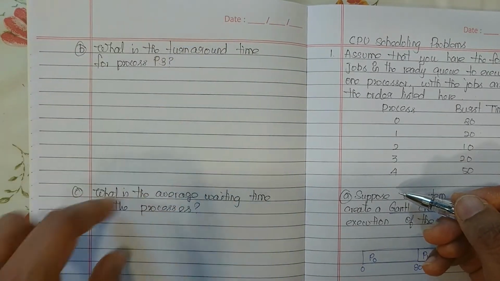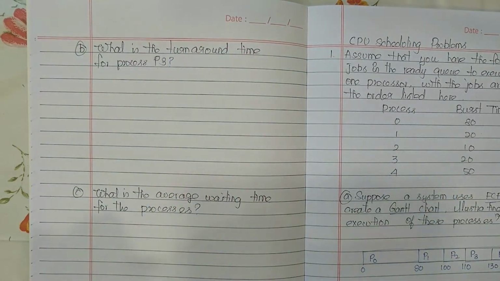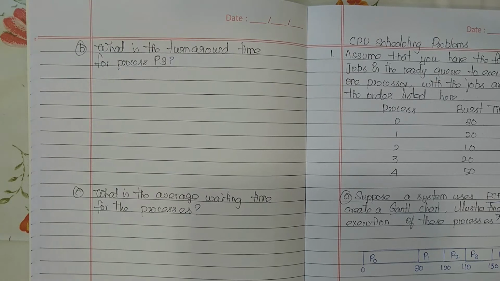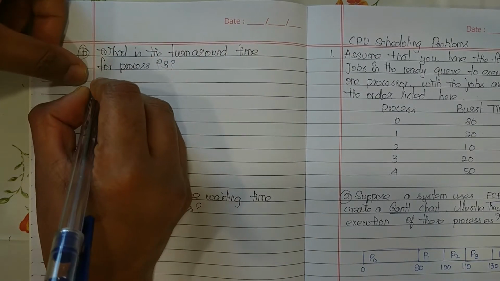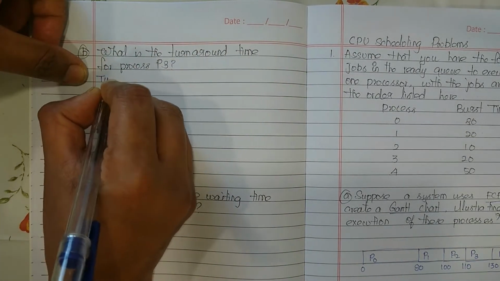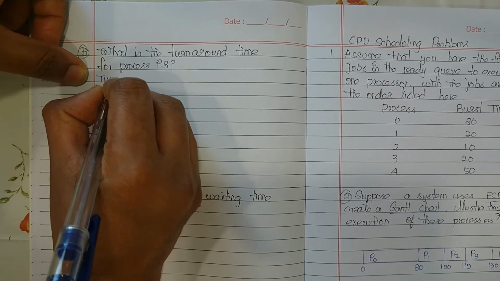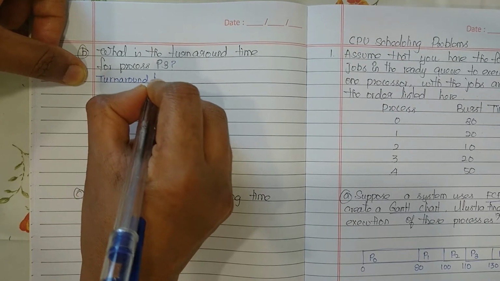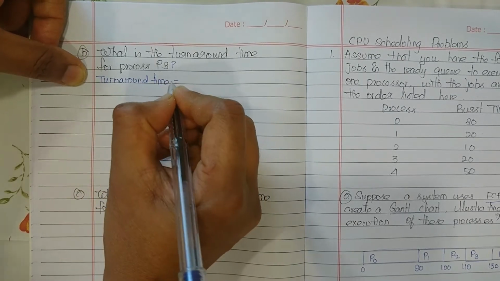Okay, in one shot I will explain everything. Basically, first the turnaround time for each process. So let me write the formula. Turnaround time is equal to